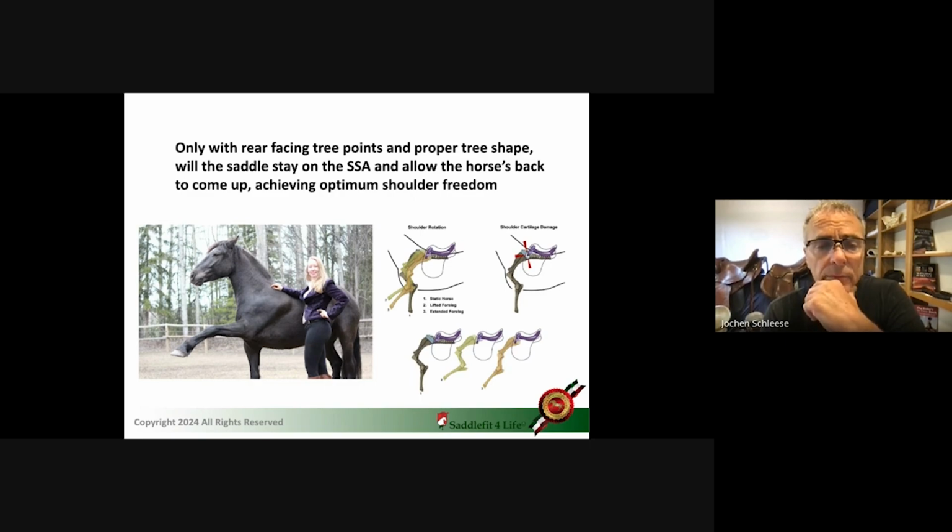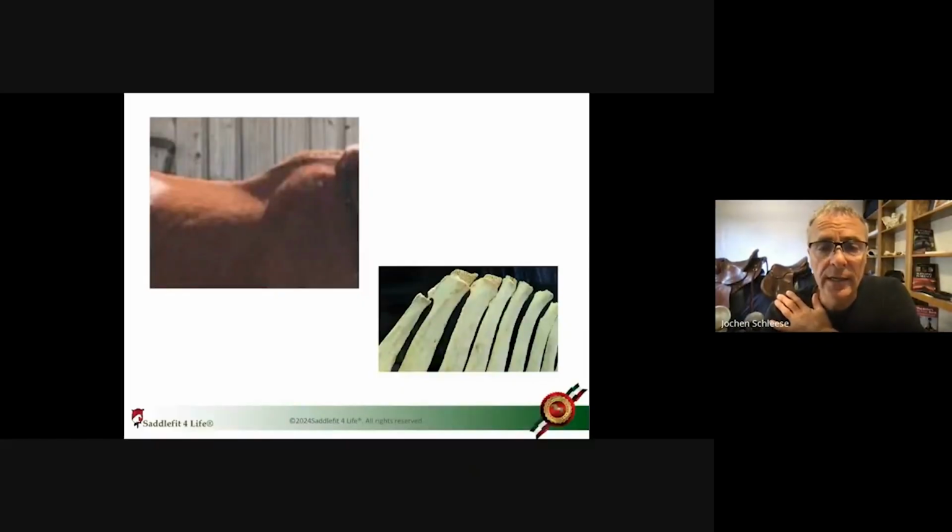But the problem comes when we have pictures like, let me show you a picture here, pictures like this. Let's say you're a trainer and you get a horse in and you look after his shoeing and everything you can from a body worker's perspective and so on. Let's say you say, okay, I would like to ride this horse now. And the horse has previously gone through a lot of problems. This is the wither area here, and you can see the overriding dorsal spinal processes. Sometimes they calcify, sometimes they shift.